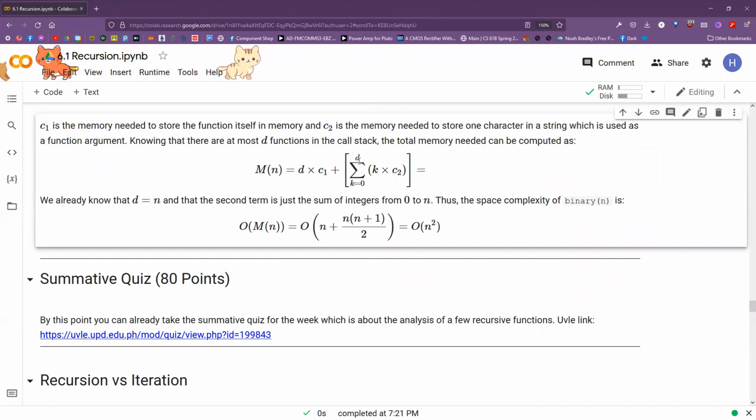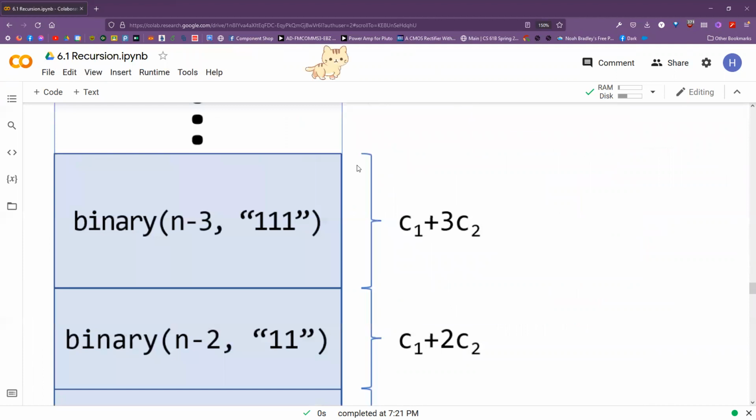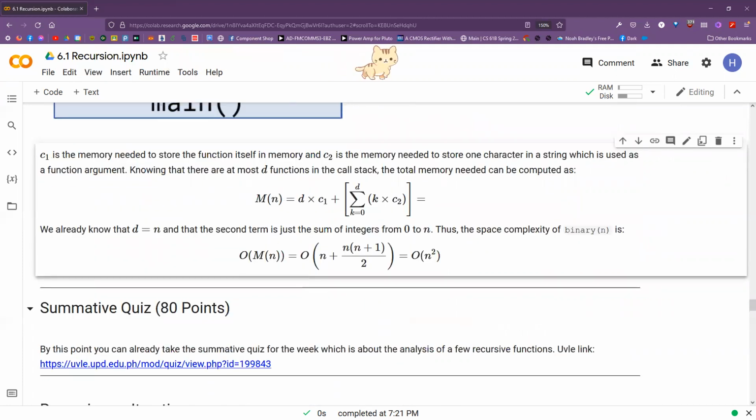but we know yung D natin from our earlier analysis sa recursion tree, D is equal to N. So, D is equal to N. So, pag kinuha natin yung complexity overall, this first term is just O of N. And the second term is summation